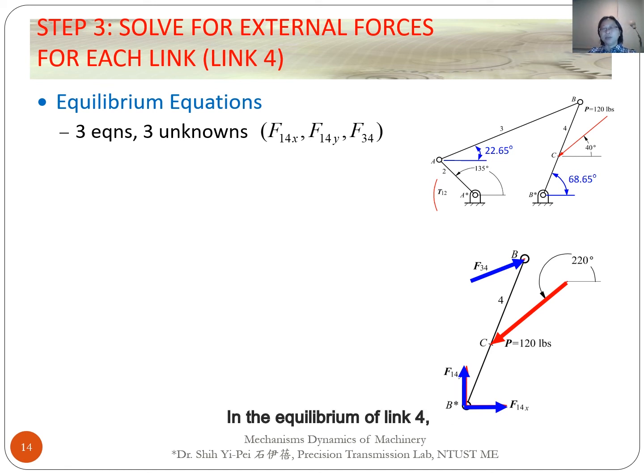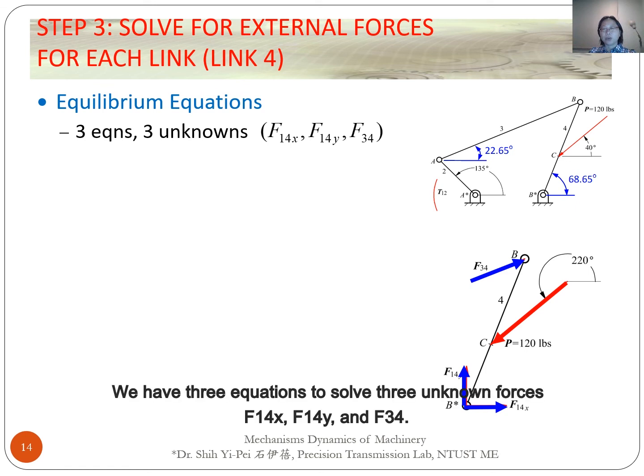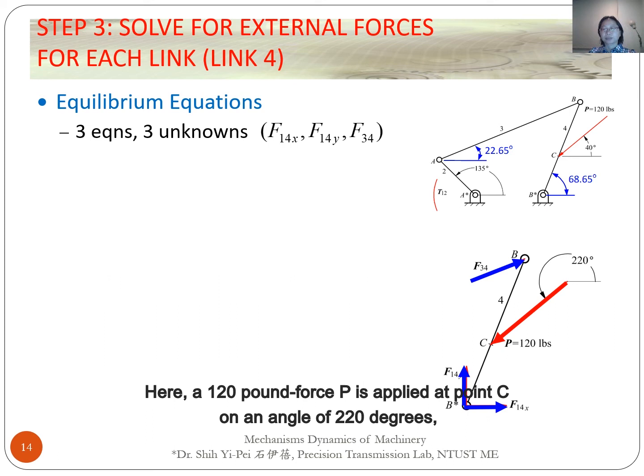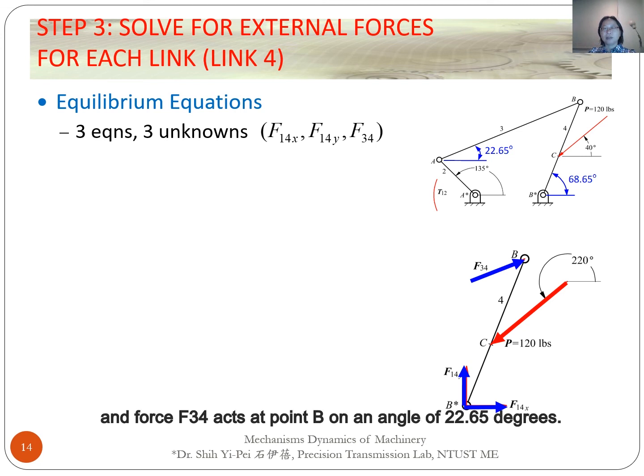In the equilibrium of link 4, we have 3 equations to solve for 3 unknown forces, F14x, F14y, and F34. Here, a 120 pound force P is applied at point C at an angle of 220 degrees, and the force F34 acts at point B at an angle of